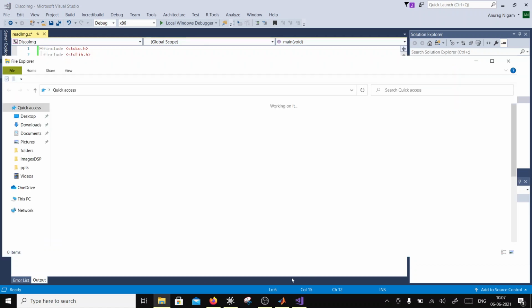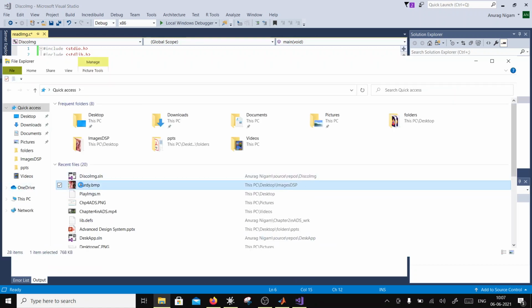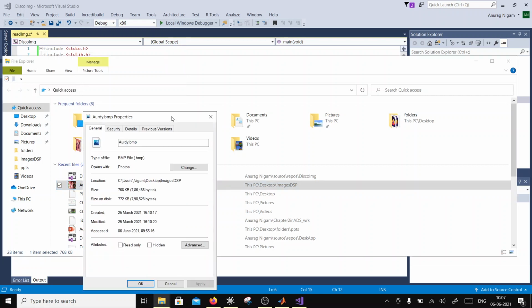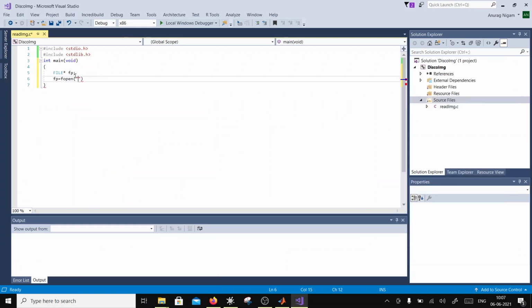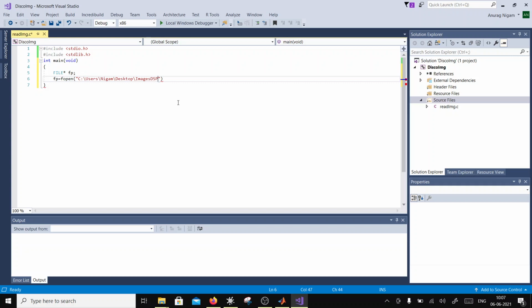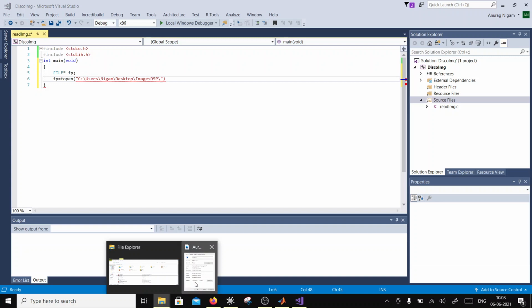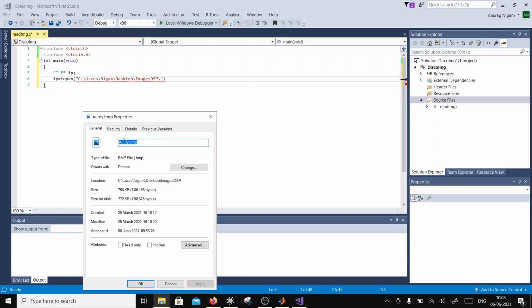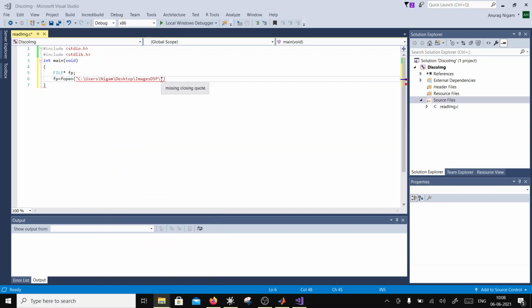So copy and paste. You should know a little bit about fopen, but let's just do this and come to that later. The name of the file is Audrey. So I'm going to paste here.